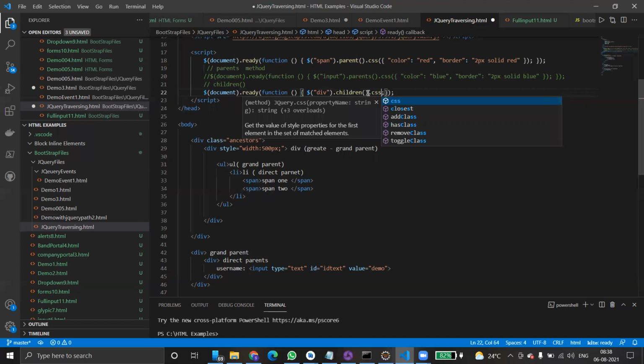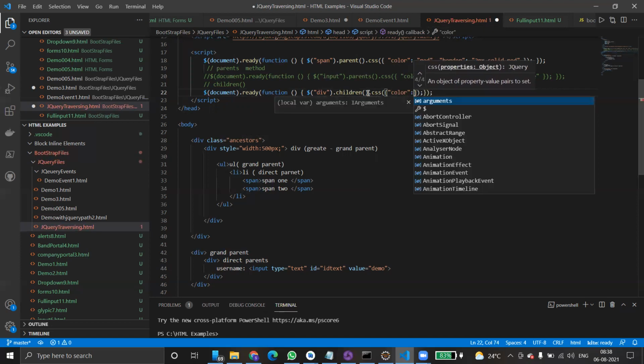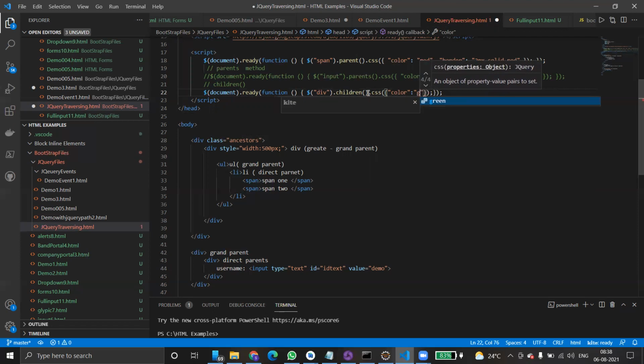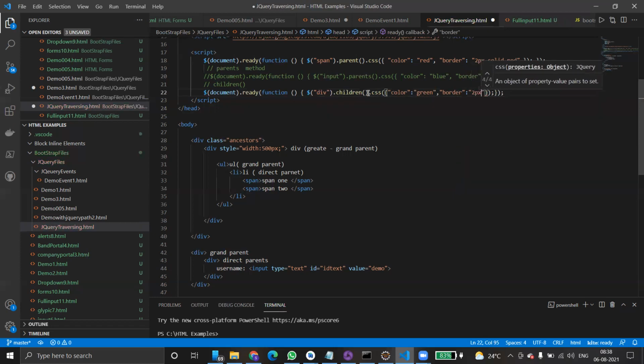CSS of color, you can see green, comma, border, border of 2 pixel solid gray.